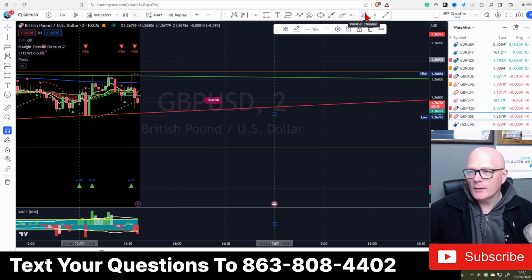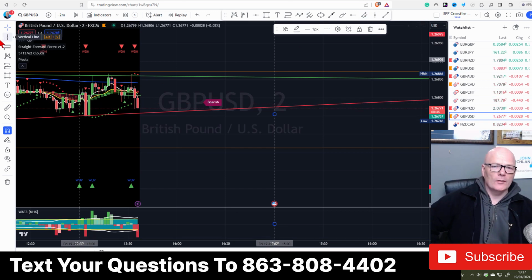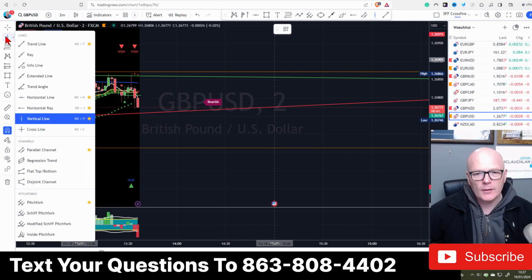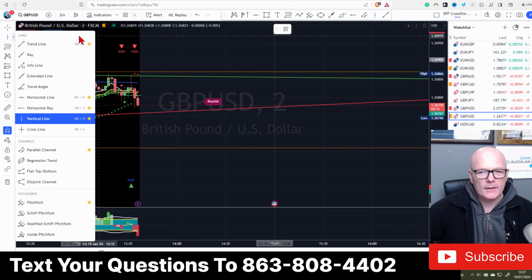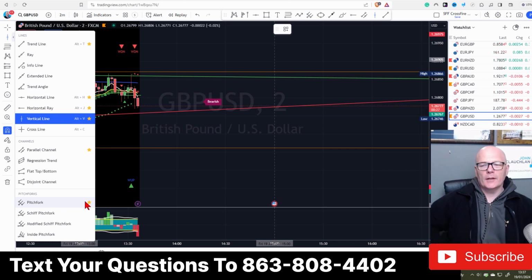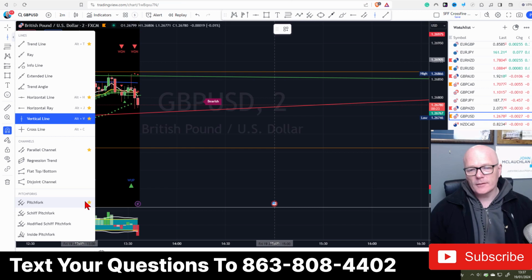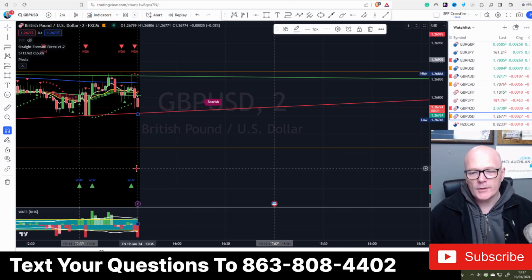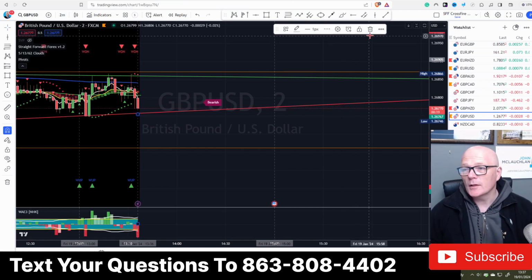Parallel channel, what I do, I put all my favourites on, so let's have a see what I got in the way of favourites. So trend line, all you need to do is just click the star, and you'll get it on favourites up here, and you don't have to go into this every time. Horizontal line, horizontal ray, vertical line, and obviously there I've got parallel channel and pitchforks, if we're going to use the harmonic scans. Again, an entirely different strategy in itself, but again, one that's really simple. I love it.